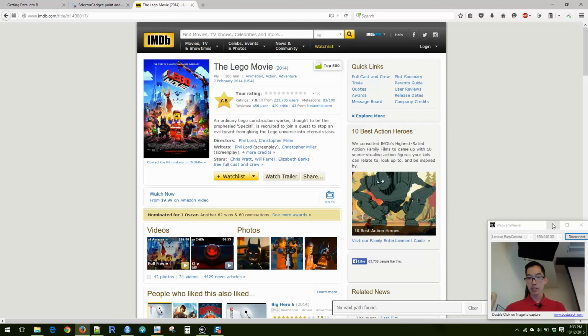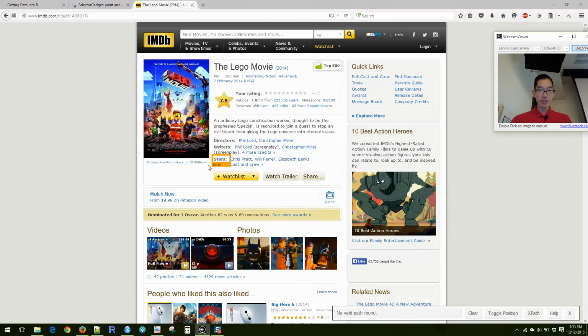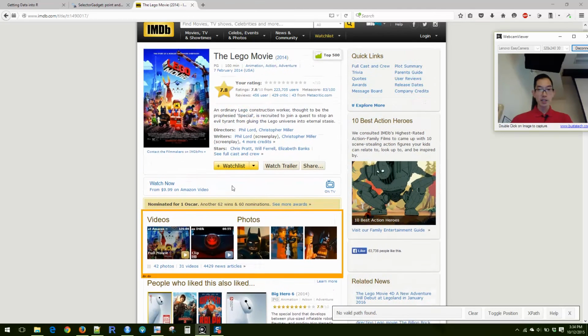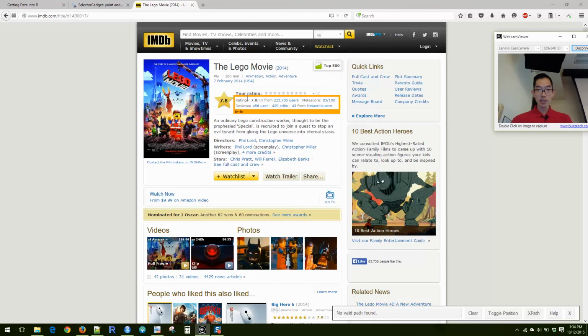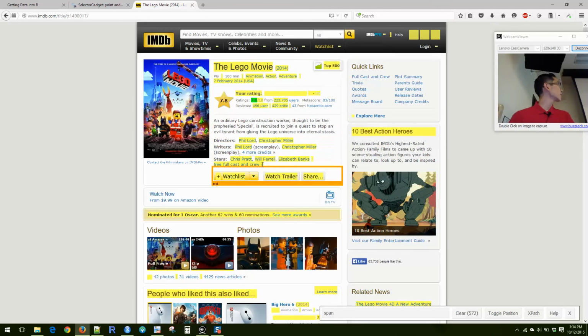Okay, and then so Selector Gadget turns everything into little clickable things, and you say, okay, I want to get this number right here, 7.8. When you click that, it's looking at the HTML tags, and it says, oh, you clicked this thing. Does that mean you want all of these other things? And you're like, no, I don't want all of this other stuff. So you click